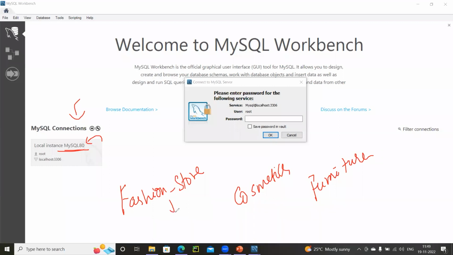Slowly, as she became great in her business, she'll have more data. So let's imagine there are some 100 tables inside her fashion store, within which there will be a lot of data. Similarly, cosmetics has somewhere around 500 tables, and furniture somewhere around 1,000 tables.